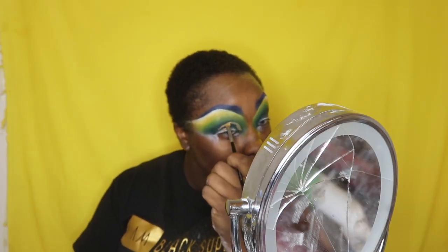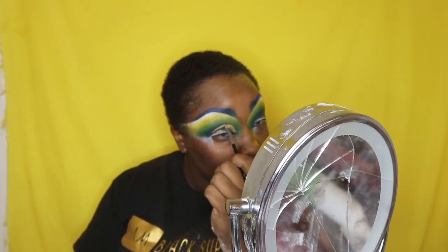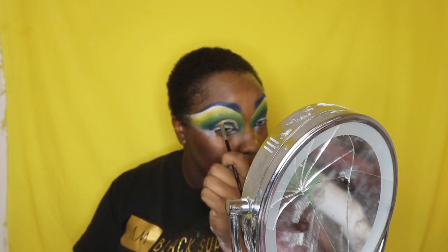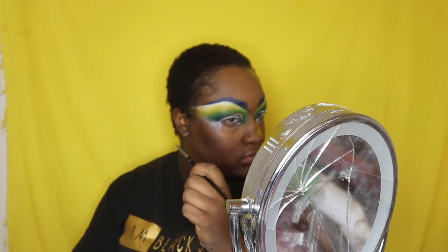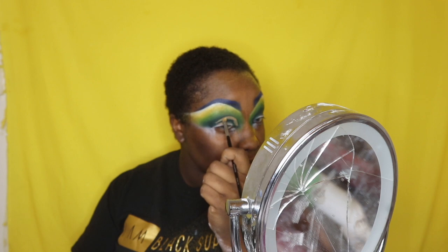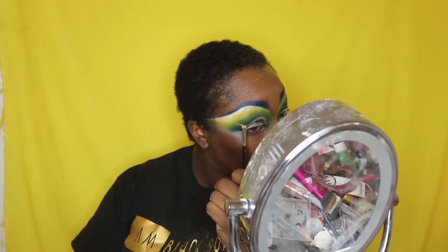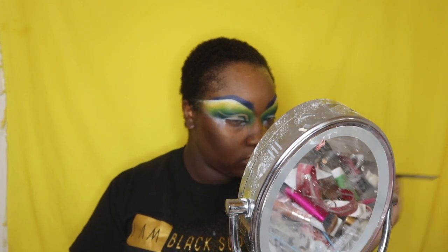So then after that, I'm going to take my LA Girl Pro Concealer in Pure Beige. I'm going to take an angled brush and start cutting the crease. So I cut my crease in some kind of, I don't know what shape I was going for. I was going for something different. So I just kind of freestyled it and went with it. And then I fill in the rest of my lid with my LA Girl Pro Concealer, and then I move